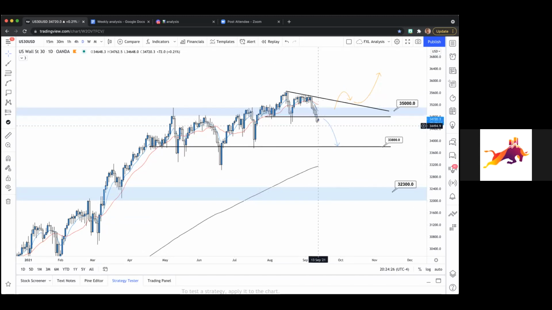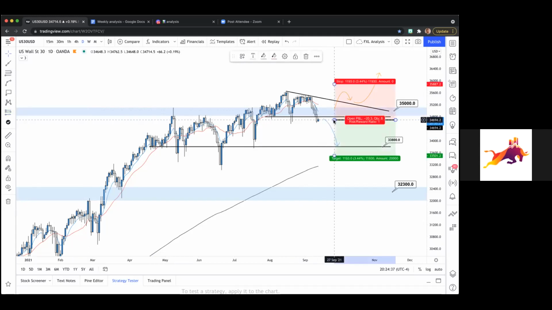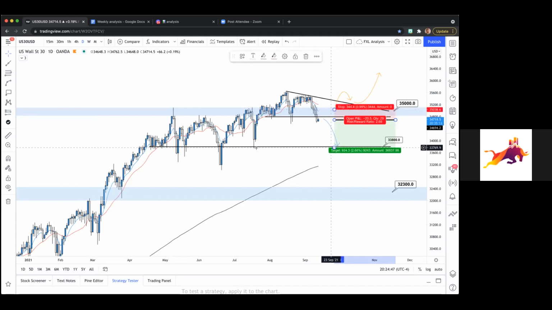So if we see a nice 4-hour transition take place, some sort of lower high on the 4-hour that we can confirm, this could be in for a massive short opportunity. But again, it needs to form a lower high below this little pattern here and well below 35,000. So this is what it would look like. We'd be targeting down towards support. Very good level. It's very reasonable that we're targeting these prior wicks.